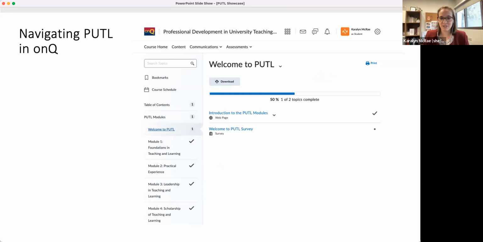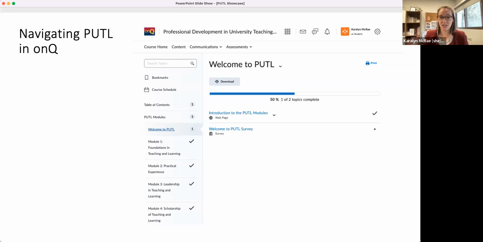And what you'll see as a student on this side is you'll come in and everything that we have is currently under the content tab, and it's all separated based on the module that you want to engage in. So all of our modules are numbered. You can just go into the module that you're interested in, and it will have the information about those self-directed learning activities that Clarissa was talking about.